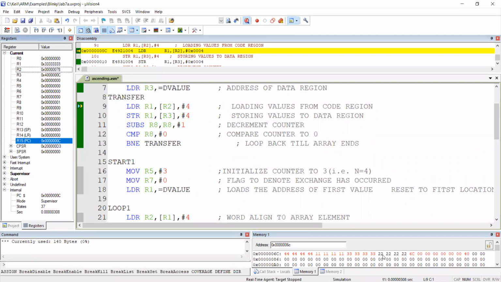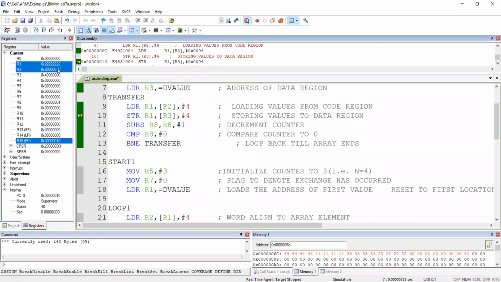So what will you fetch and how much will you fetch? You will fetch 2, 2. And how many times? 4 times, because each fetch means 8 bits, and we want 32 bits, so we have to fetch 4 times. The locations I am fetching are 78, 79, 7A, 7B. It will update to 7C. You can see here after this iteration, it becomes 7C. What I am going to get here is 2, 2, 2, 2 in R1. You can see what was present in R1, 3, 3, 3, becomes 2, 2, 2, and R2 will become 7C.